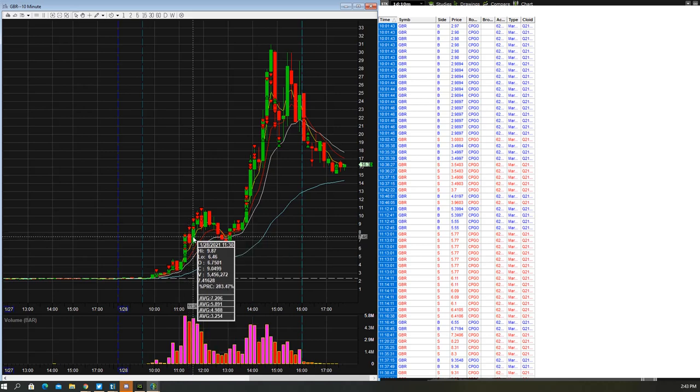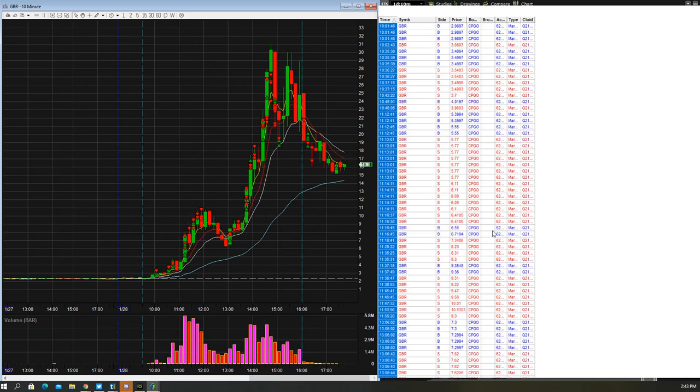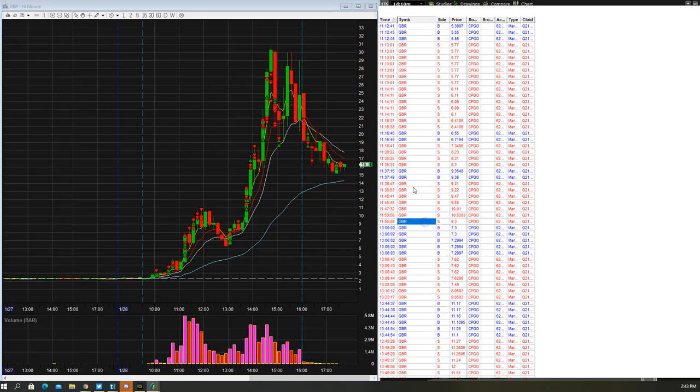Pretty big size. Sold into the push a little bit. And basically, as it pushed to the upside into the 8s, 9s, etc., I was just adding into the core and selling a piece, adding to the core, selling a piece. You can see all the way up to the $10, 9.30. It started to pull back again. At this point, I sold all of it at the 9.30 area